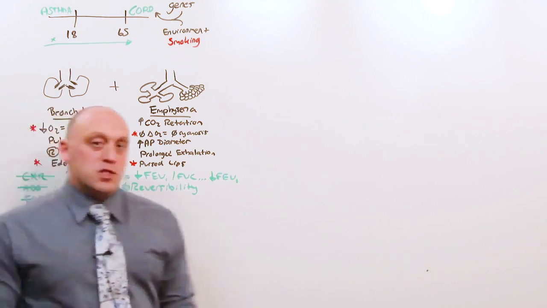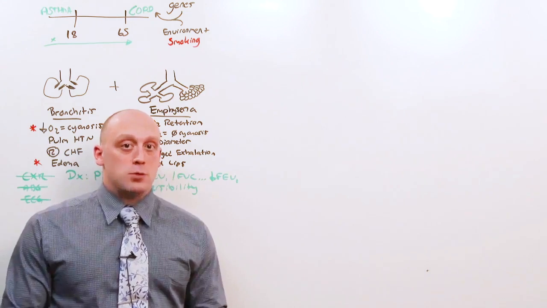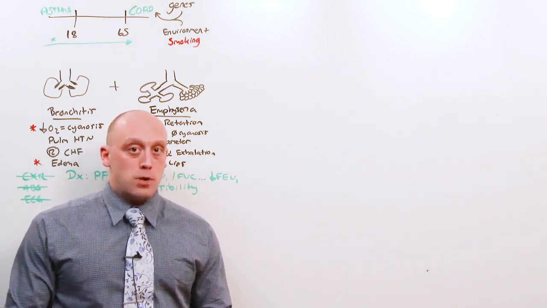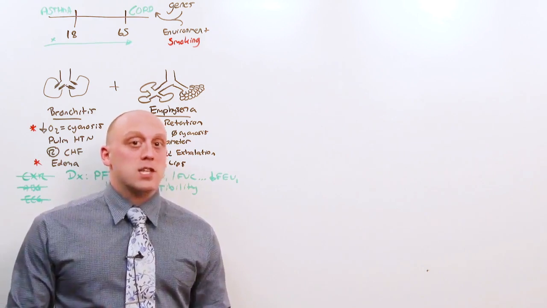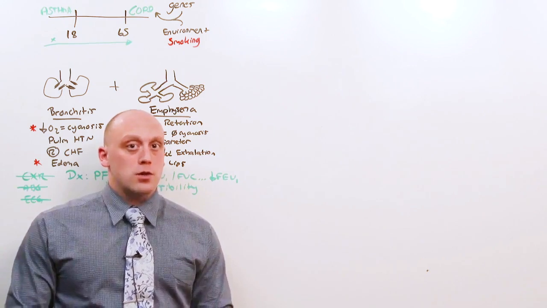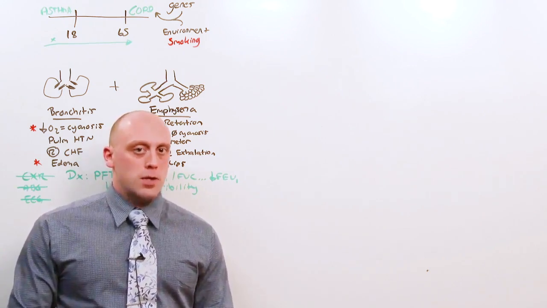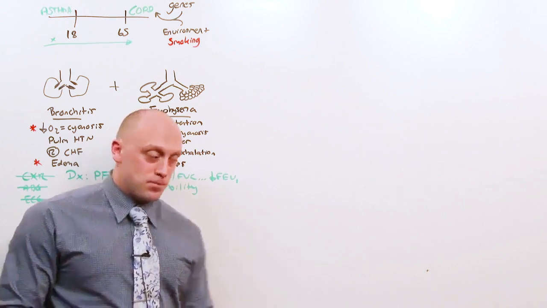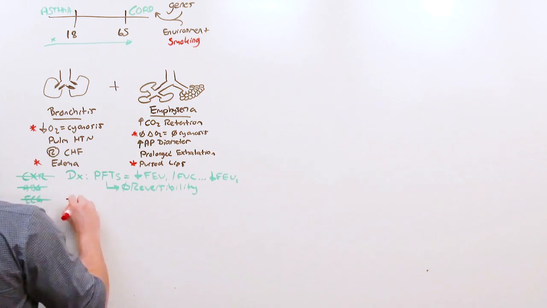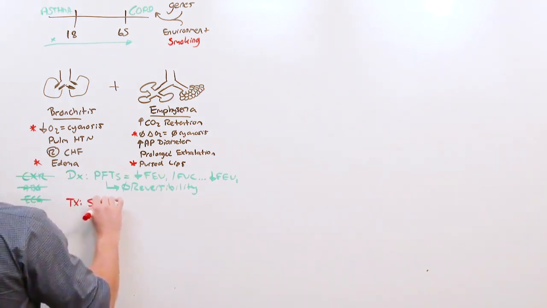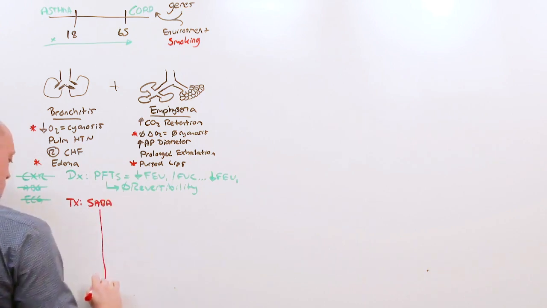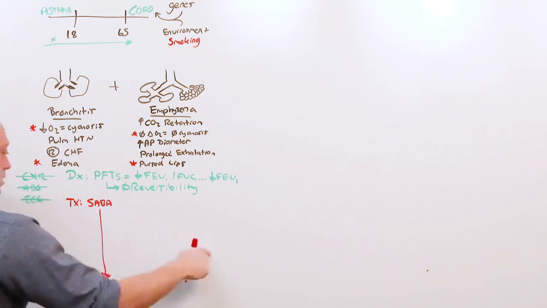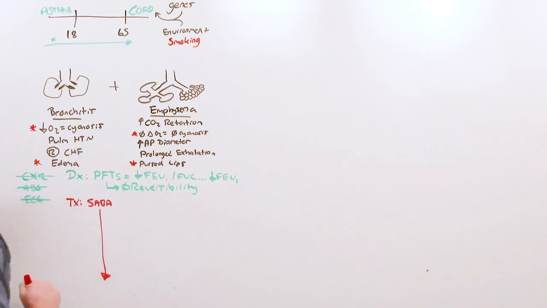I want to set you up with a simplified version for treating chronic stable COPD. Something that you can remember and see in a pictographic form, recognizing that it's harder. So I'll go through it the easy way and expand on it a little bit more complicated and let you read about the complete management of stable COPD if you so choose. To treat, you want to start off with a short-acting beta agonist, as needed. And what's cool is that everything we add on includes the thing before it. So you start off with a short-acting beta agonist, much like you do in asthma, albuterol. But then you do something different for COPD.